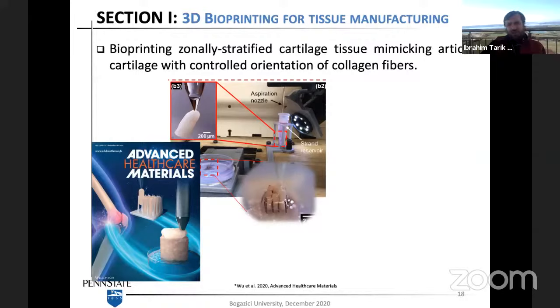But the interesting thing that we observe with these tissue strands is, as you can see here, when we look at the ultramorphology of these strands, we see that the collagen fibers were longitudinally oriented with respect to the strand axis. As we know, in cartilage, the superficial zone on the very top part of the cartilage, the collagen fibers are horizontally oriented. When you go deeper, close to the subchondral bone, like in the deep zone of cartilage, the fibers are vertically oriented. So by mimicking this, we actually fabricated